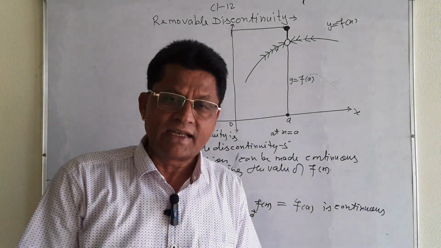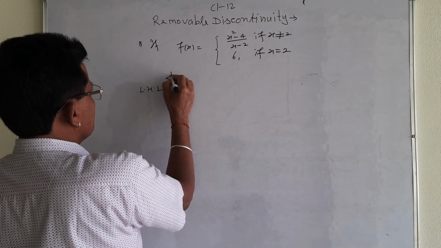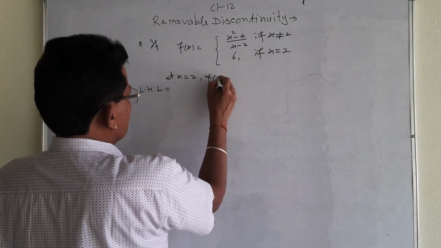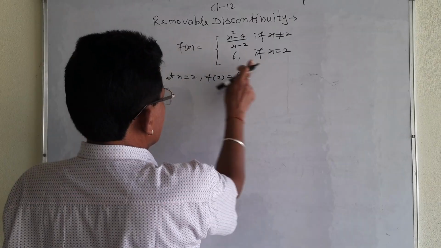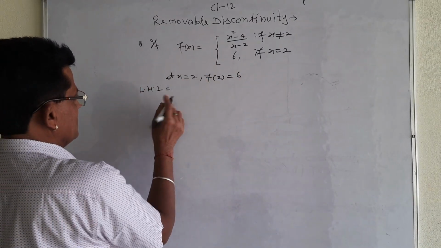Let me take some questions related to this one. Let me take the left hand limit at x equal to 2. My dear student, you see f(2) will be equal to what? 6. You must keep this in mind. x equal to 2 means its value will be 2, because it will be required. Left hand limit